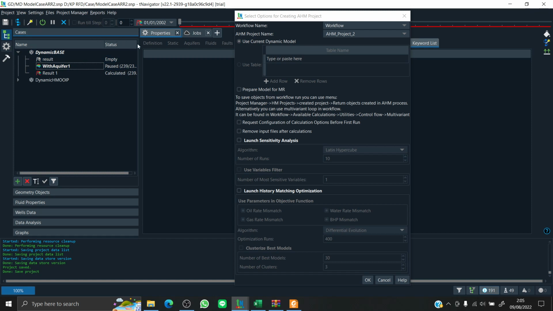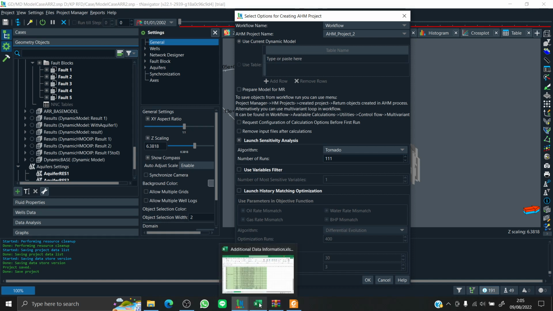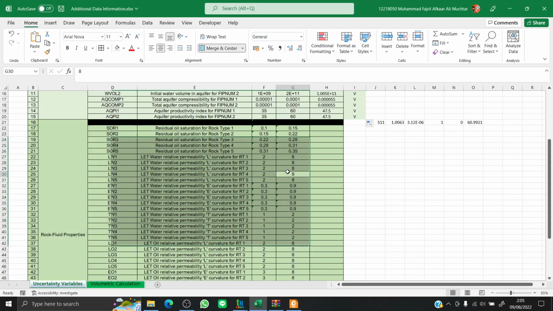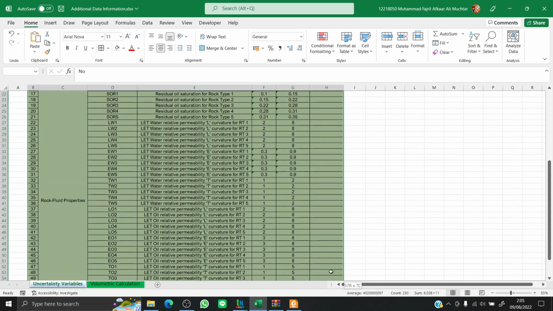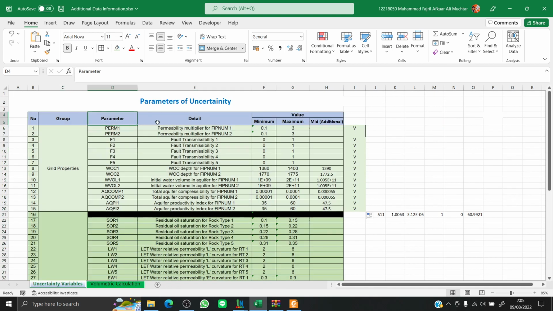So I'm just going to run the assisted history matching using my workflow. For this particular occasion, I will launch a tornado analysis to assess the variables that are really affecting the history matching results, so we can reduce our search space.